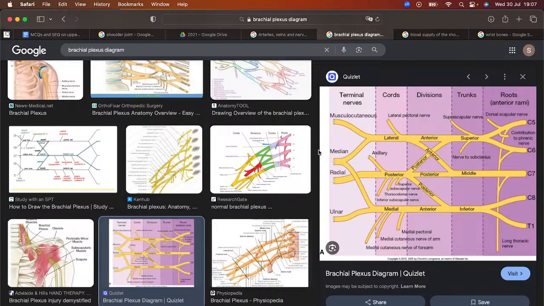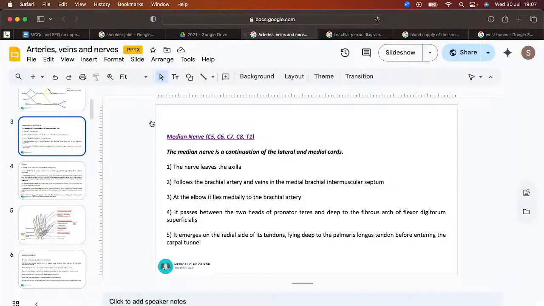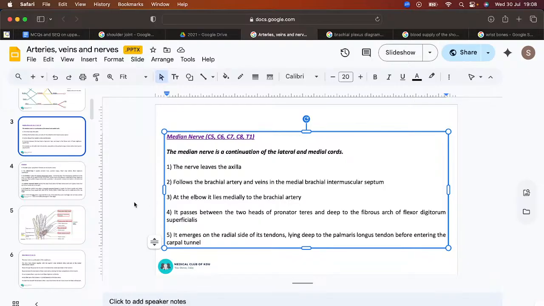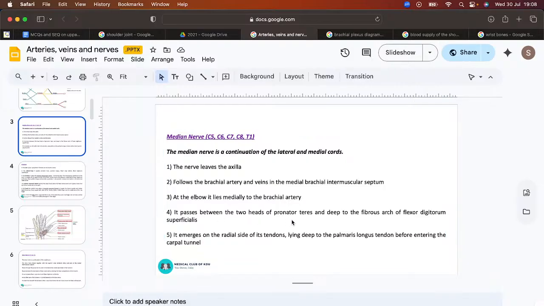Okay, and then we can focus on the median nerve itself, and that's where we're going to look at this. So the nerve leaves the axilla as a continuation from the lateral and the medial cord. It follows the brachial artery and the two brachial veins within the medial intermuscular septum, and then at the elbow it's found medially to the brachial artery. So this is where you're showing your competence about the cubital fossa, and then it passes between the two heads of the pronator teres,